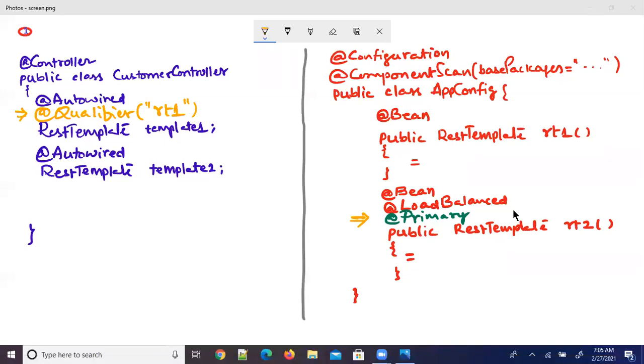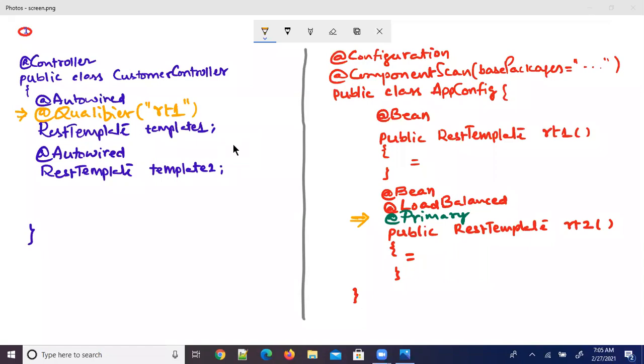And see, the @Autowired annotation actually has an element called required. Annotations contain elements, also called attributes of the annotation.